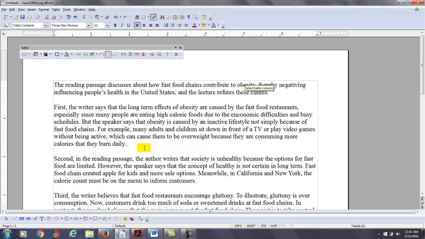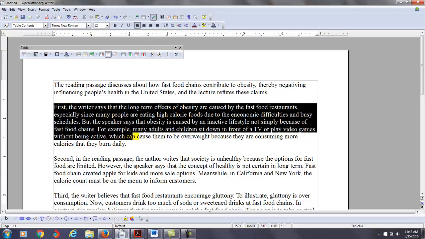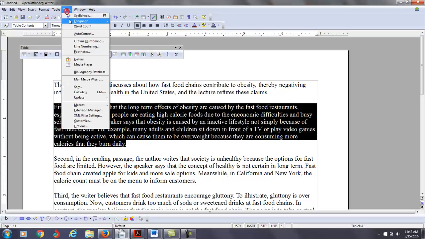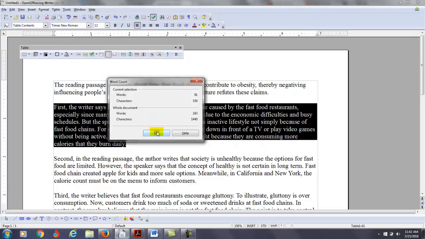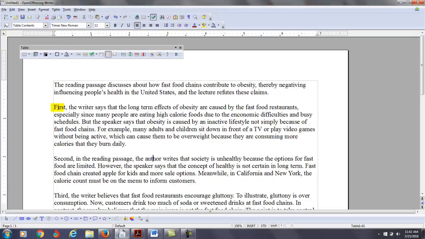This is a little bit better, so I've added some information here in this second paragraph. So now what do we have? Now we got 91 words here. Let's read it one more time. First, the writer says that the long-term effects of obesity are caused by the fast food restaurants, especially since many people are eating high-calorie foods due to the economic difficulties and busy schedules.